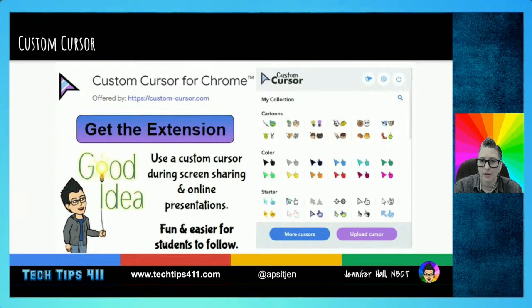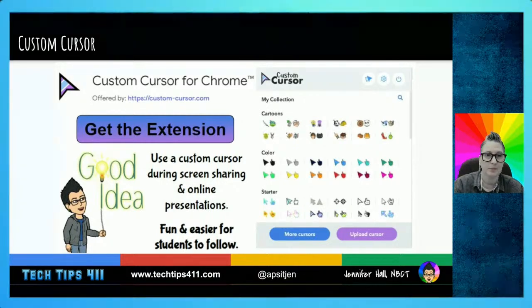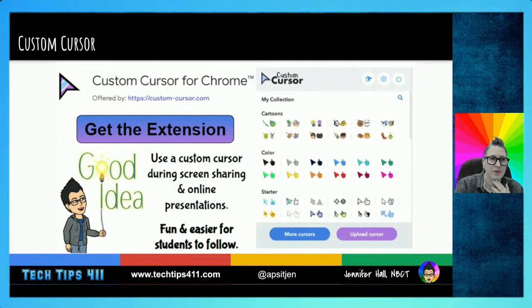You can pick your colors. You might do a different one each day. I've seen some really neat ones. If you're a literature teacher, you might pick different things that relate to literature. If you're a science teacher, there are all different options there. So definitely check out the custom cursors. But I will again say that it only appears in a Chrome browser. It's not going to show up if you're using another application. All right,